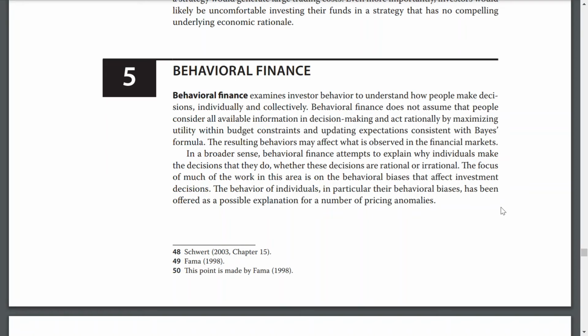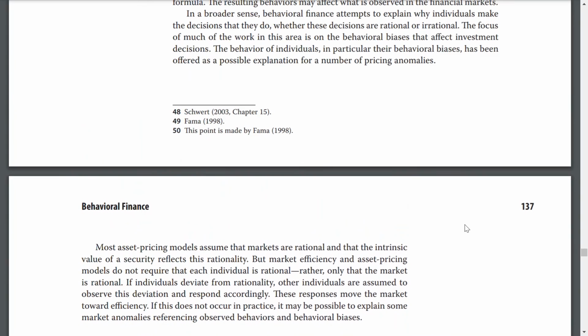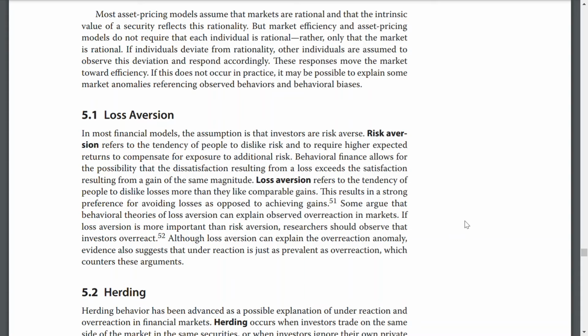In a broader sense, behavioral finance attempts to explain why individuals make the decisions that they do, whether these decisions are rational or irrational. The focus of much of the work in the area is on behavioral biases that affect investment decisions. The behavior of individuals, in particular their behavioral biases, has been offered as a potential explanation for a number of pricing anomalies. Most asset pricing models assume that markets are rational and that the intrinsic value of a security